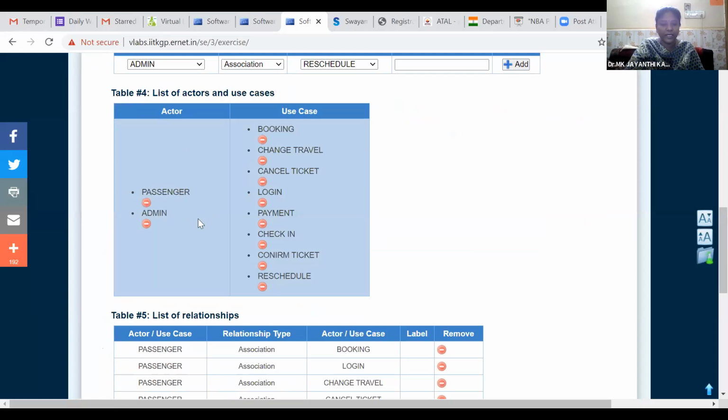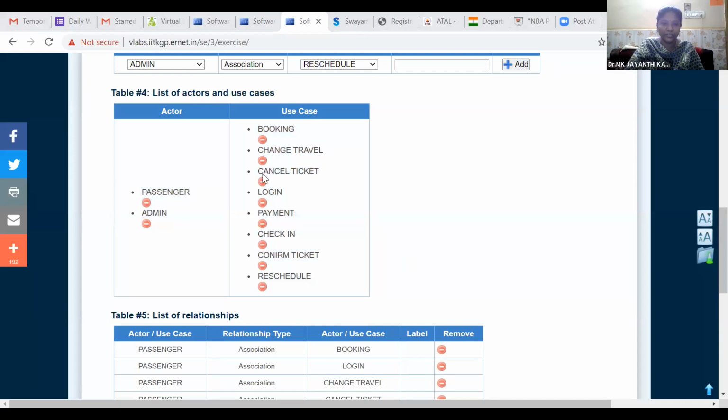The same way we can add other people also, like immigration and check-in. We have taken some use case functions as booking ticket, changing the travel schedule, cancelling the ticket, login process, payment, check-in process, confirm ticket, and rescheduling the travel.